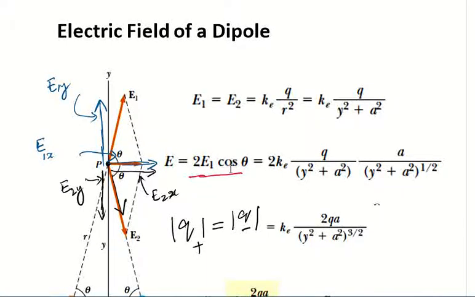And another thing that you have to remember is that E1 is simply, if you just want to calculate E1, k times charge Q, we write the magnitude of charge, it doesn't matter whether it's positive or negative, because their magnitude is the same, and divided by the distance between the point P and the charge,